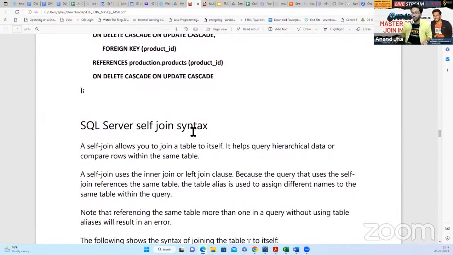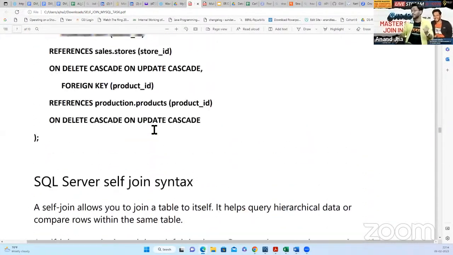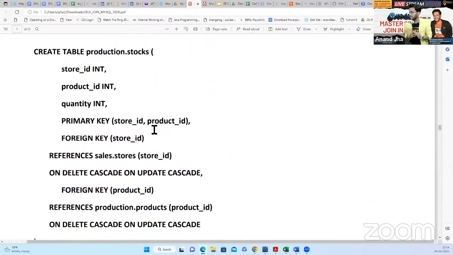Now let's come to the agenda of today. SQL Server self-join syntax. Now, the first most important point: how will you come to know whether I have to apply a self-join if the client gives you a requirement? Let me reiterate this fact, whether I need a self-join, or an inner join, left join, or right outer join. If my requirement involves only one table,